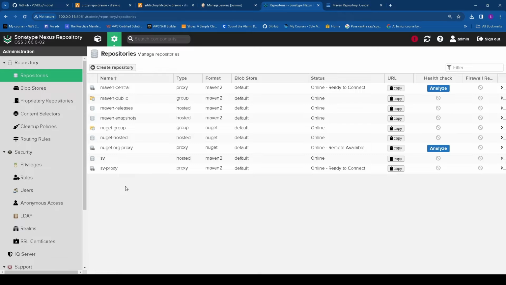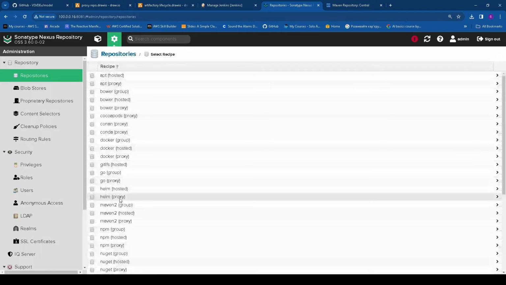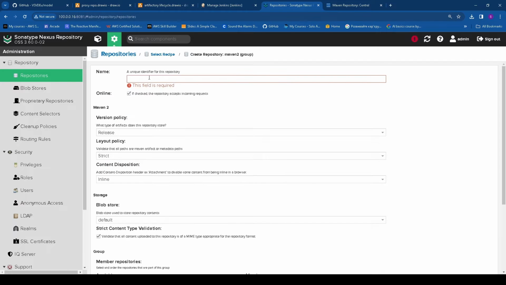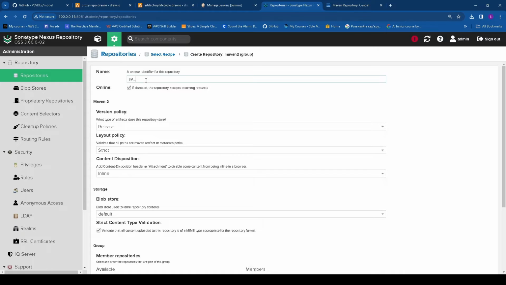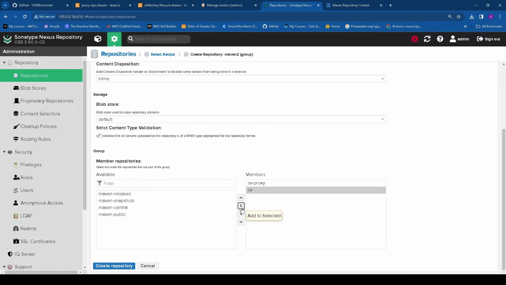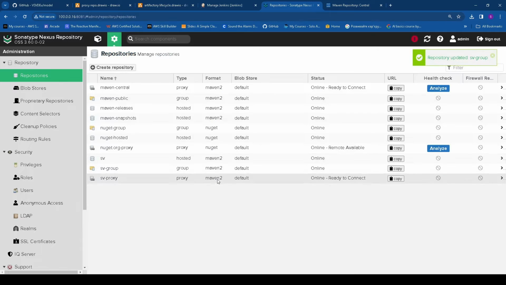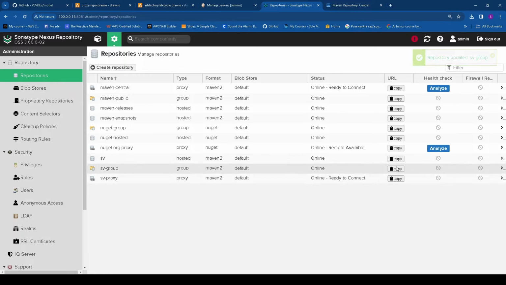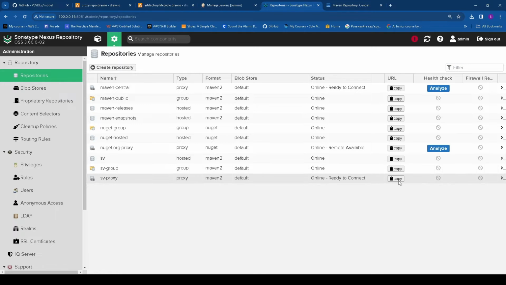So the next kind of repository we can create is group. Let's create sv-group. Call it strict, and we just add our proxy and our sv. Let's create it. So we have a group repository. We can also copy the URLs here,